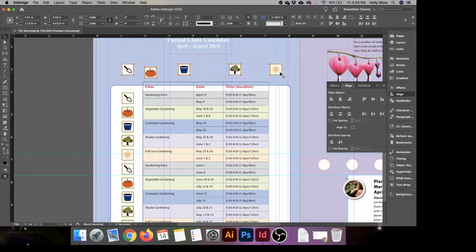and go back to my align panel. Make sure it's set to selection. And I'm going to align vertical centers. And then I'm going to distribute spacing. There you go. I'm going to just nudge them a couple spaces up. There you go. Alright, I do want these to look a little bit different from the icons over here, so